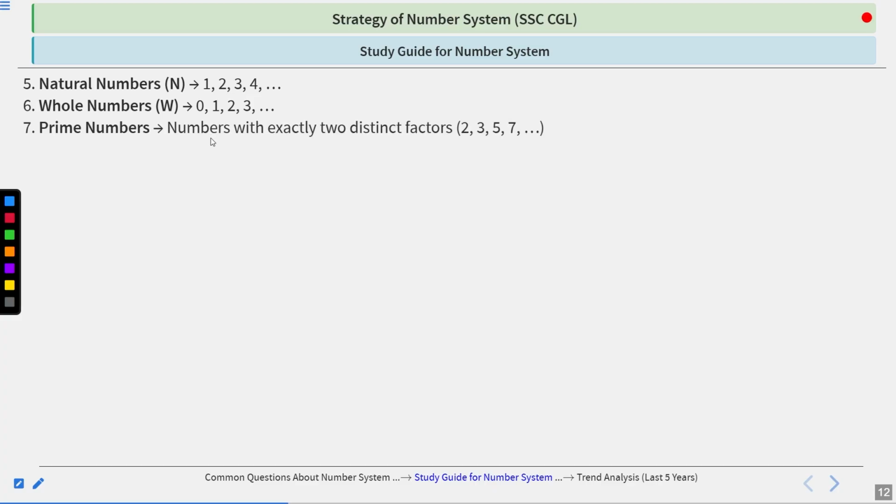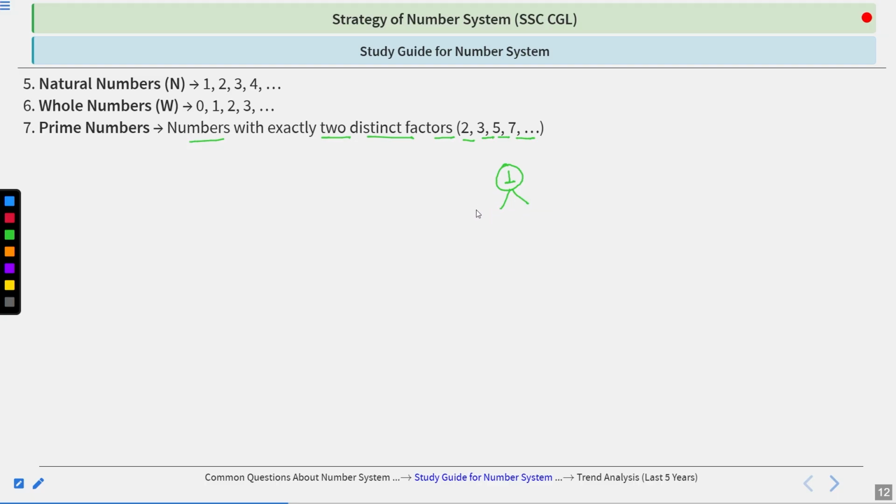Prime number: a number with exactly two distinct factors is known as a prime number. For example, 2, 3, 5 and 7. As we know, 1 is not a prime number, because 1 doesn't have two factors, it has only one factor. So we can say that 1 is not a prime number